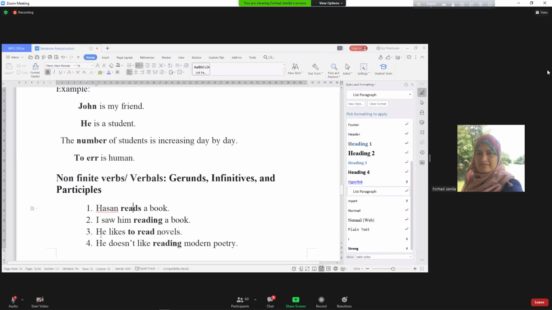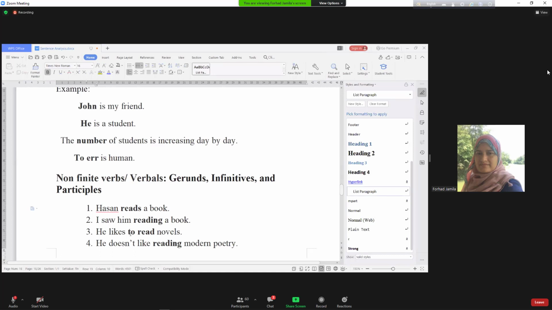We'll discuss later. Okay, he likes to read novels. He likes to read novels. Like is the verb here because this verb has changed. And there is the other verb. This verb read has not changed here. এই ভার্বের কোনো কিন্তু চেঞ্জ হয়নি।